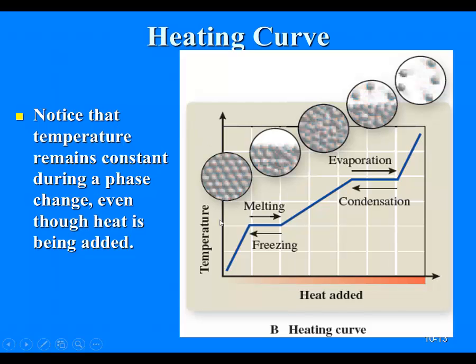The only difference is we're still looking at temperature on the y-axis, but the heat is being added rather than removed on my x-axis on this graph. So I would have a solid heating up, and then as the solid hits its melting point, we would go through the fusion process, and I'd have a mixture of the solid and the liquid at that point. Once all of the solid melts to a liquid, we end up with the liquid heating up. And as the liquid heats to its boiling point at this pressure, we'd end up with